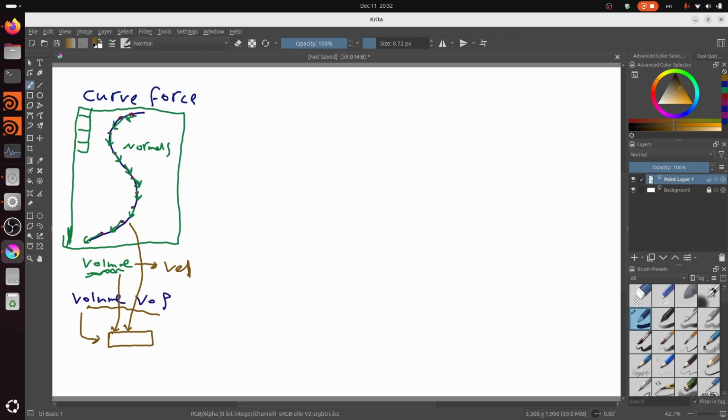Then what we are going to do inside this volume VOP is that we are going to use something called point clouds. And this surely needs more explanation, because this is the first time we use the point clouds, and they are very, very useful, and we are going to use them a lot. So what a point cloud does: